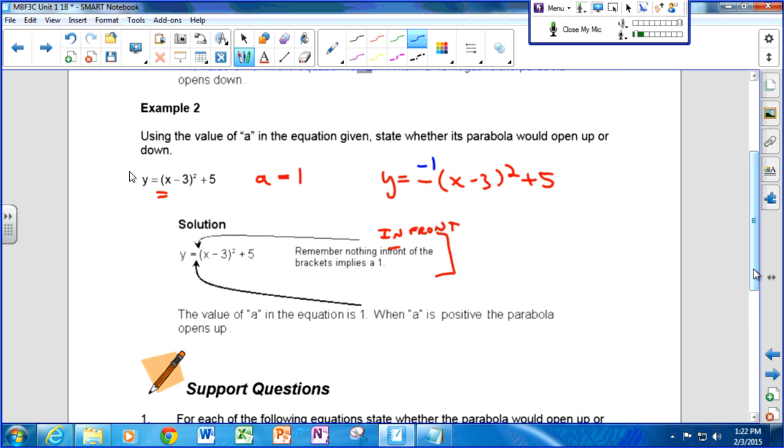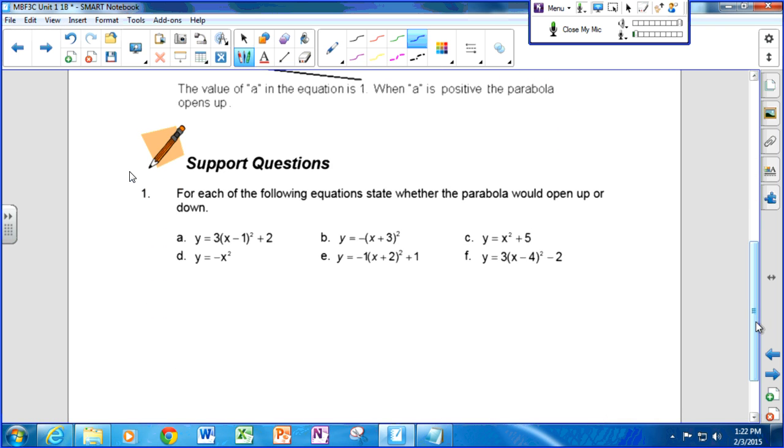All right. So let's take a look at the support questions. Now, when we do these support questions, you can do a few of them, and once you're happy that you're getting the right answers, you don't have to do them all. I'd suggest you do maybe a couple of them, 3 of them or so, and then check the answers at the back. And then once you're happy with that, you don't have to do any more. You don't send in the support questions. They're there to reinforce and check your own understanding.